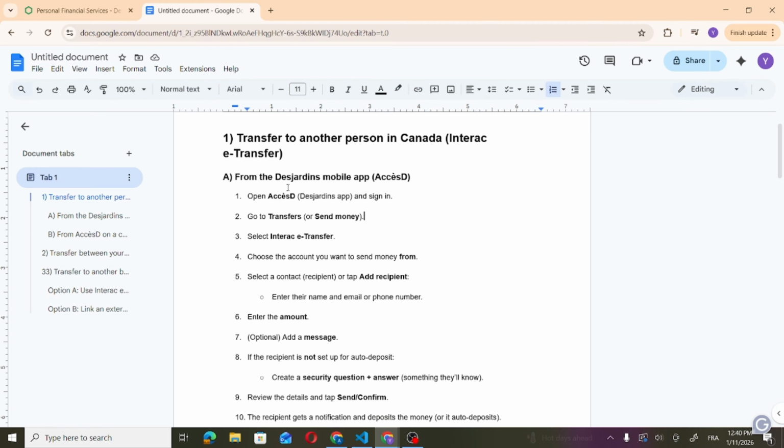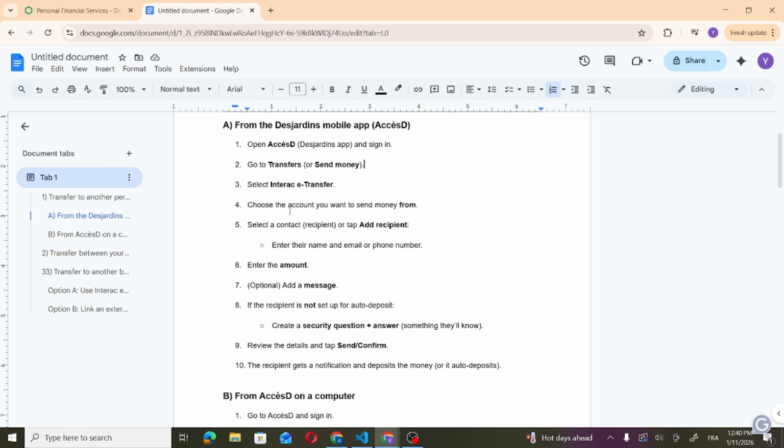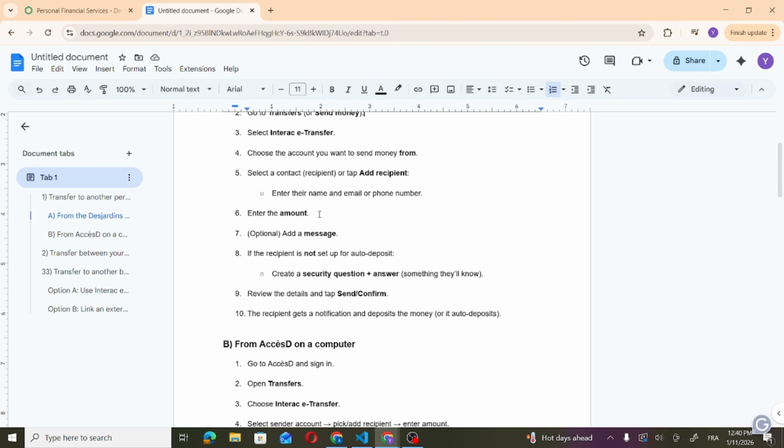From the Desjardins mobile app, AccesD, open the AccesD Desjardins app and sign in. Go to transfers or send money, select e-Transfer, and then choose the account you want to send money from. Select a contact recipient or tap add recipient, enter their name and email or phone number, and then enter the amount. Optionally, add a message to describe this